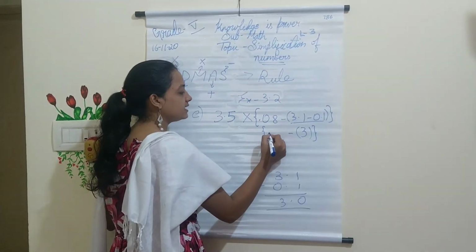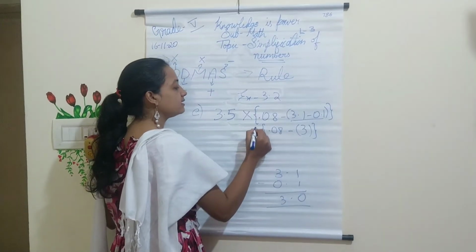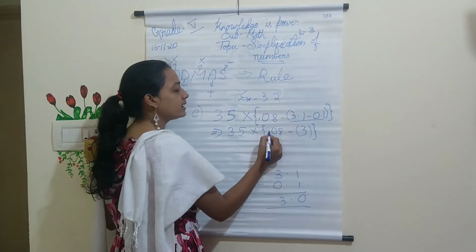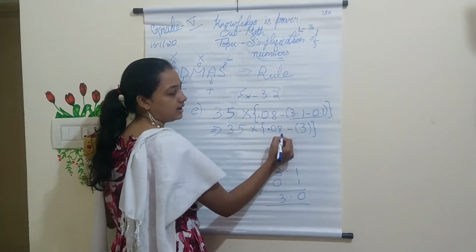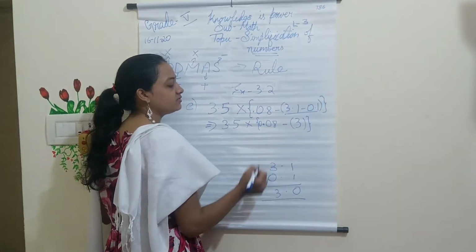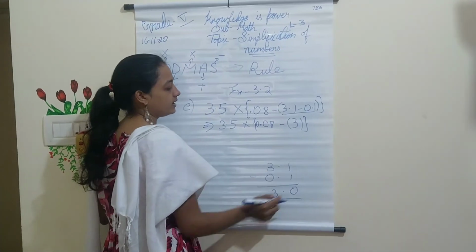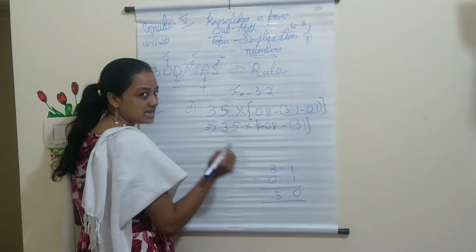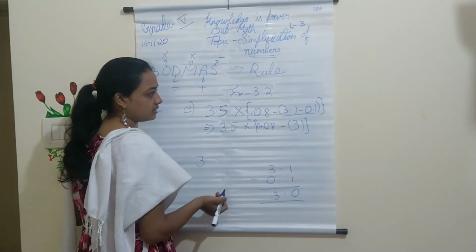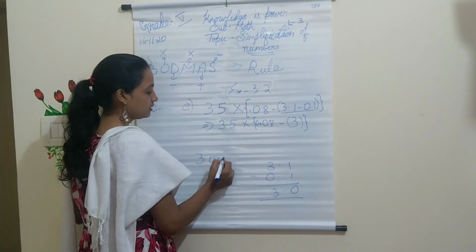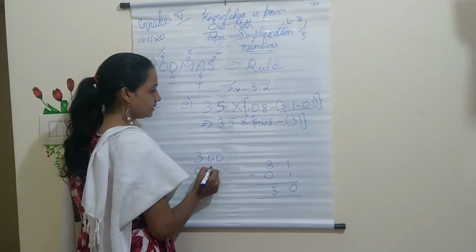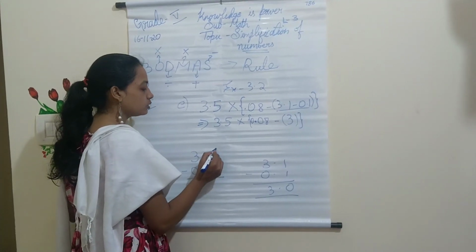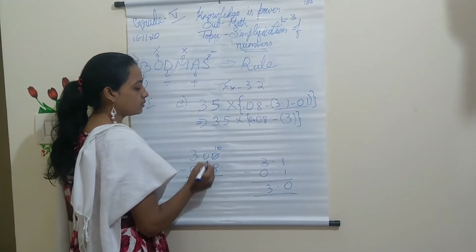Now what is the next thing I should solve? It is the flower bracket. In the flower bracket you can see there is 0.08. That means you have to add a 0 in front. 0.08. So how do you solve that? 3 minus 0.08, so 3 is greater. Let me write it on top, and then write the next number down.